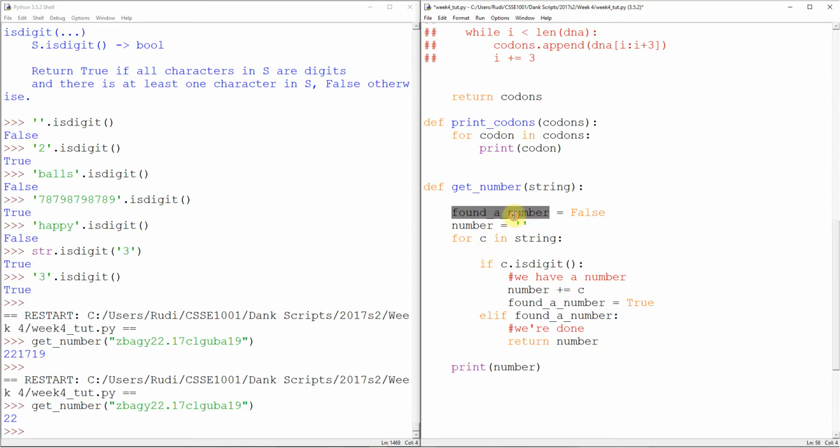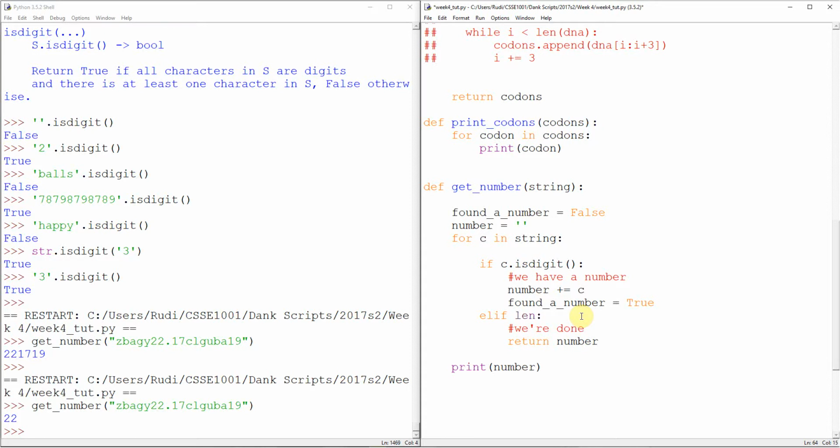We also don't really need this found a number guy, okay, because something else we have, we wanted this check to be like, have we found a number? Now, if we've found a number, what do we do when we find a number? We add them to this guy, okay? So realistically, if our number guy is an empty string, we know we haven't found a number. And if our number guy contains numbers, then we have found a number, okay? So if we go elif found a number, then what can we do? Well, elif,